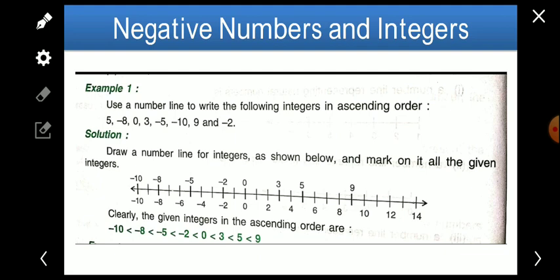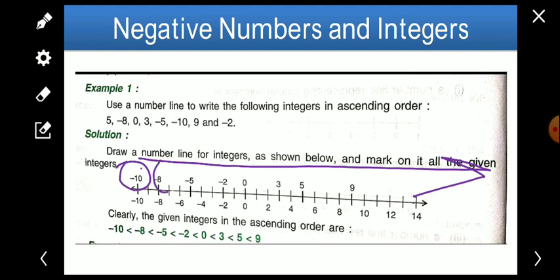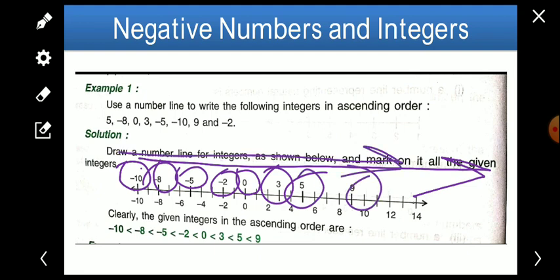So we have indicated 2, 3, 4, 5, 6, 7, 8, 9, 10 like this. Some numbers are not written, then we have to understand that this is 7 because the gap is the same. Here 10, 11, 12, it will be 11 because the gap is the same between 10 and 11, 10 and 12. So like this we will indicate. And after that we know that as we go from left to right, the value increases. It means this is the smallest one, and this is bigger than minus 10. So like this it will be in the increasing order if we go from left to right.